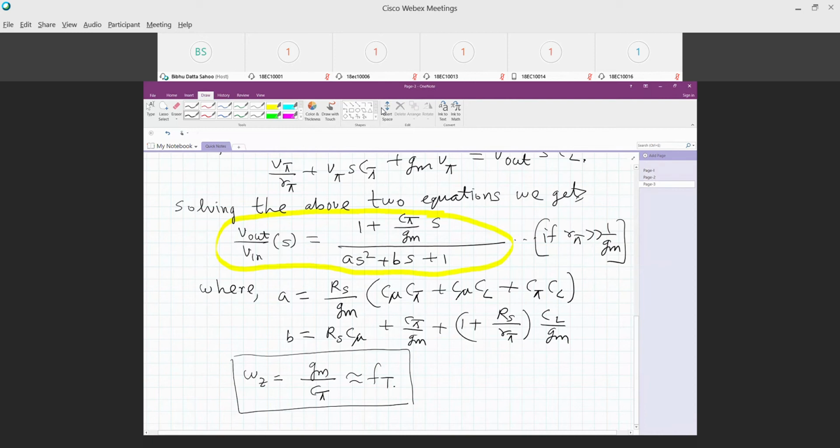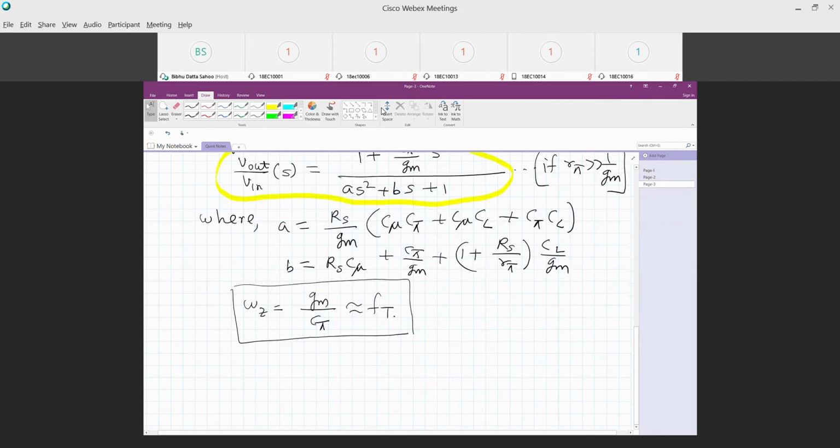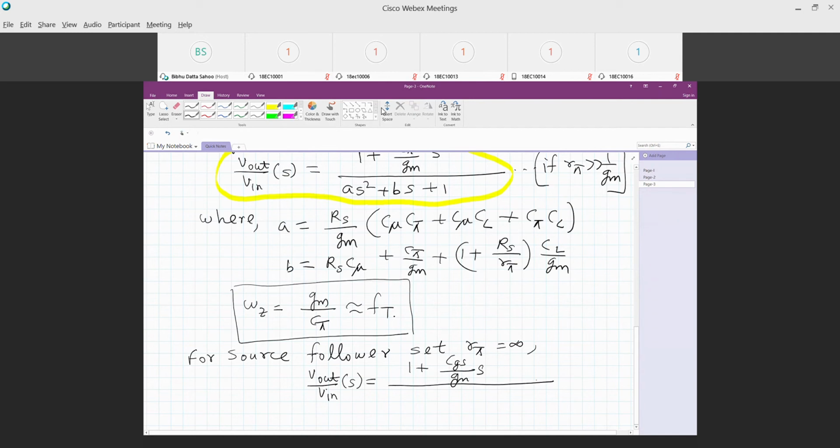Okay, for the source follower, you can set R pi equal to infinity, and you will get the term. If you set R pi equal to infinity for the source follower, then you will get V out over Vn of S equal to 1 Gs over Gm times S divided by a s squared plus b s plus 1,